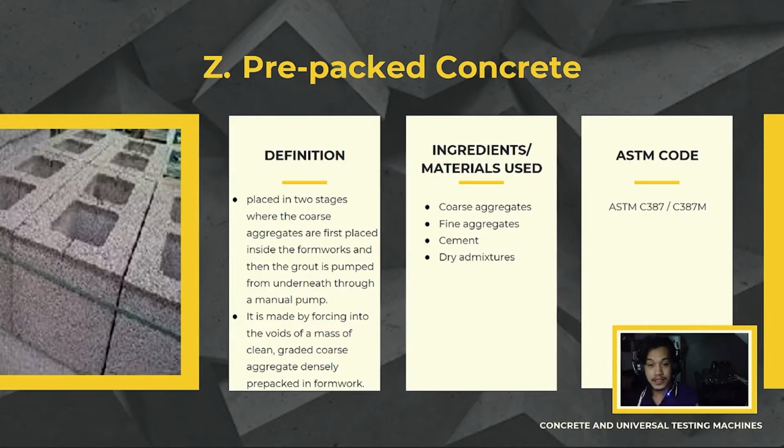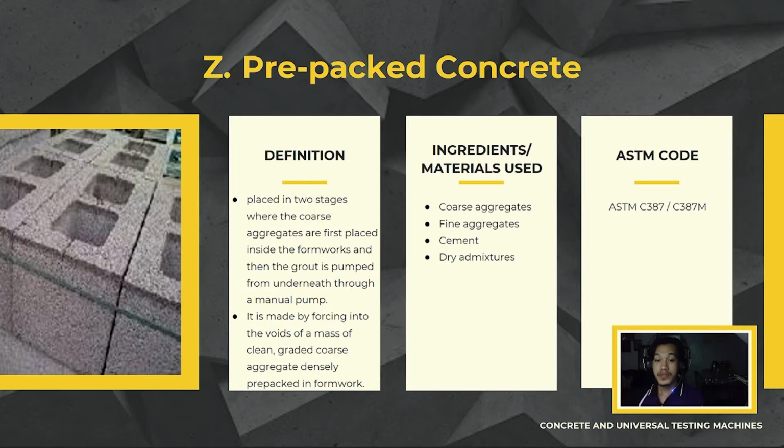And last, para sa types of concrete, we have pre-packed concrete. It is placed in stages where the coarse aggregates are placed inside the formworks, and then the grout is pumped from underneath through a manual pump. It is also made by forcing grout into the voids of a mass of clean, graded coarse aggregate densely pre-packed in